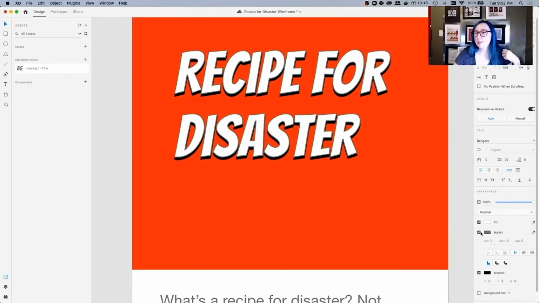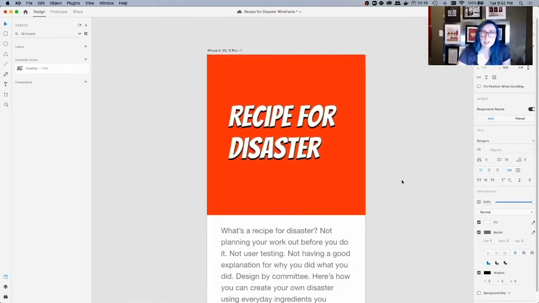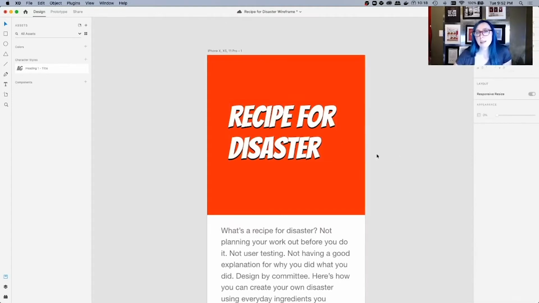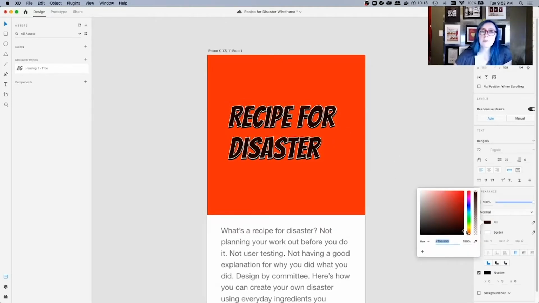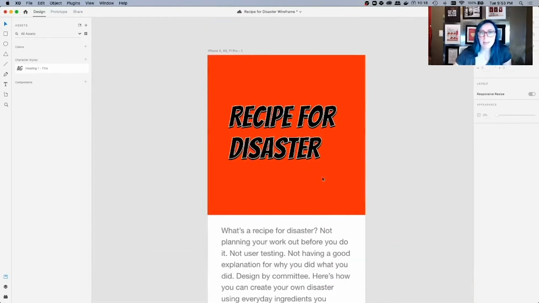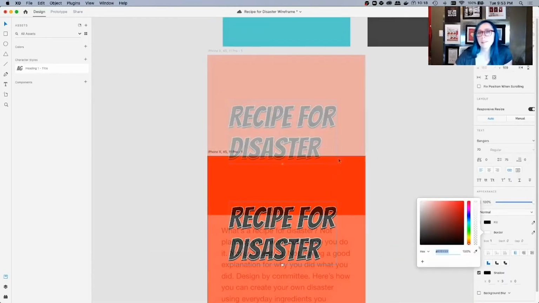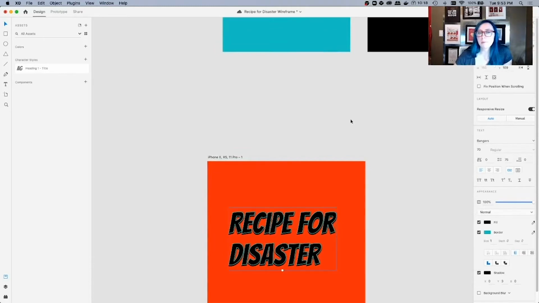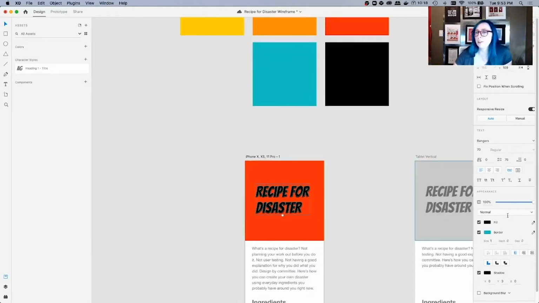You can even play with this further by adding a border. This is going to be an outline in CSS, so that's how you would do this in CSS. We might play with different fill types, like what's it look like if you, oh, that's kind of interesting. This is a good time to just play and see what can I do with this. We could try different colors. I actually really liked the relationship of the black on black here. Sometimes this can actually look really cool with a really bright border. That looks like maybe a little too much. We could increase the size. That's kind of interfering with the type, so I don't love that.